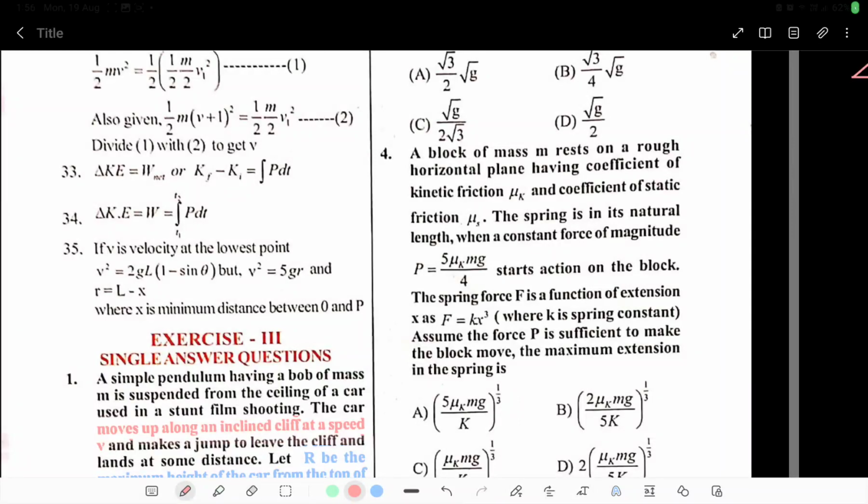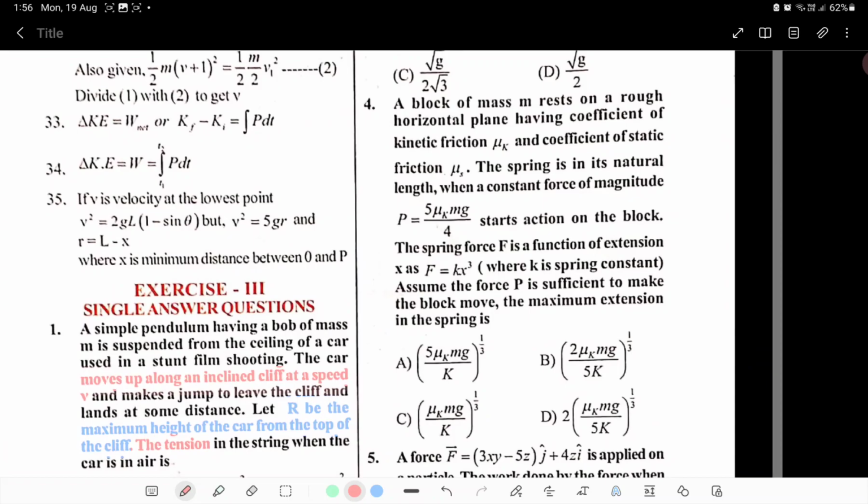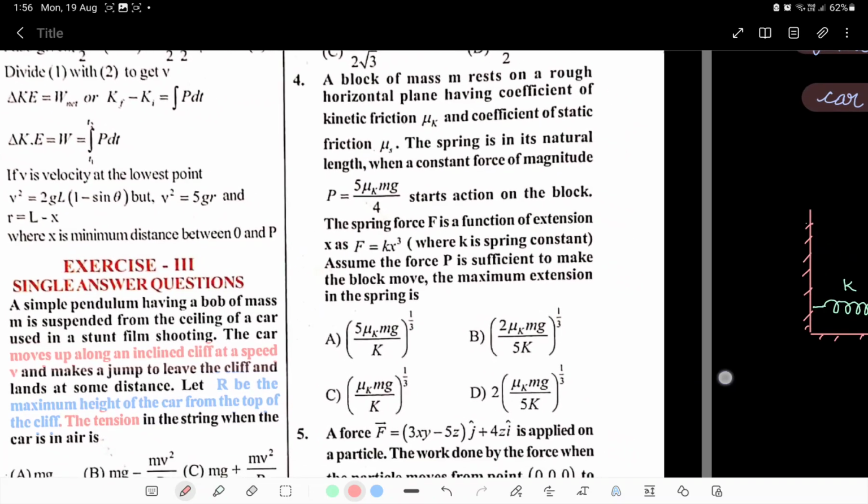4. A block of mass m rests on a rough horizontal plane having a coefficient of kinetic friction mu k and coefficient of static friction mu s. The spring is in its natural length when a constant force of magnitude P equal to 5 mu k mg by 4 starts acting on the block. The spring force F is a function of extension x as F equals kx cube, where k is a spring constant. Assume the force P is sufficient to make the block move. The maximum extension in the spring is